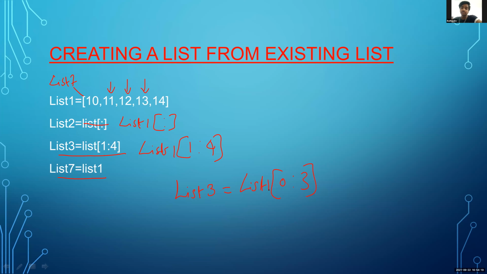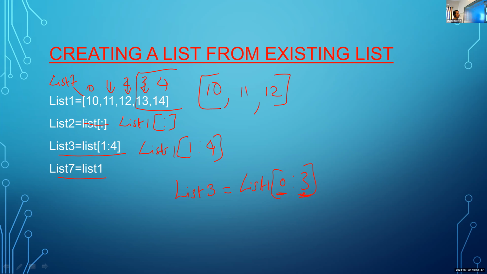Yes, 10, 11, 12 is the correct answer because here the start value is 0 and the stop value is 3. Start value 0 means the index value 0, 1, 2, 3, 4. Start value 0 means 10 is displayed. After that, the next value 11 is displayed, then 12. The last value is 3, so we are not using this part. So the answer is within square brackets.